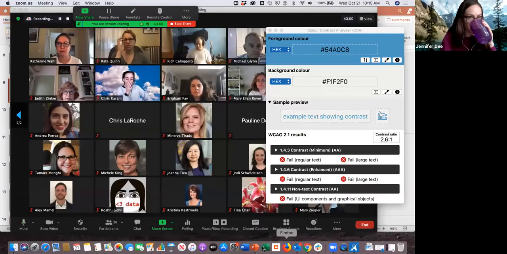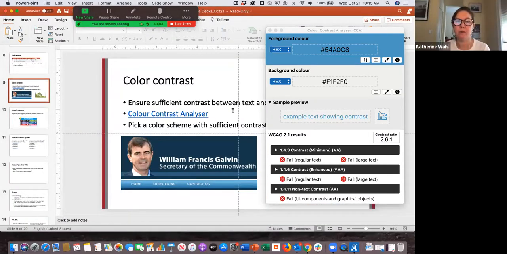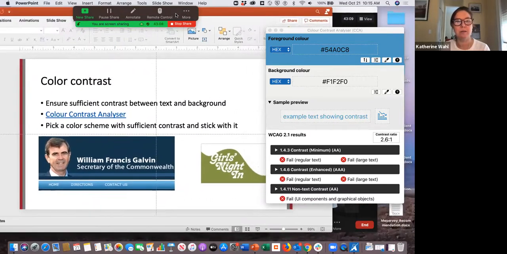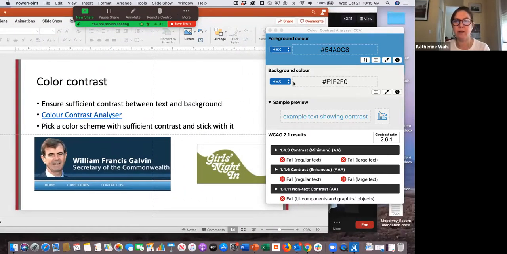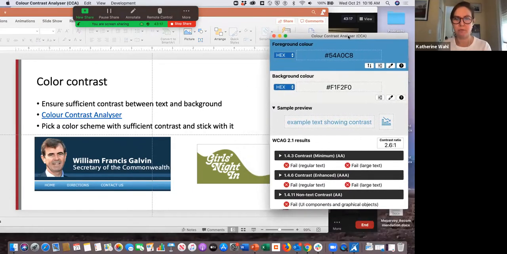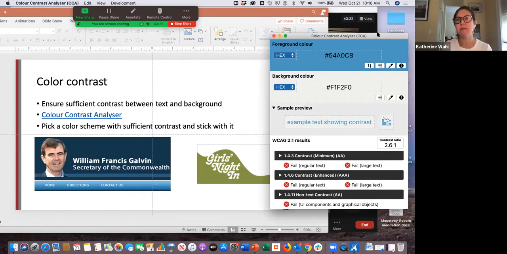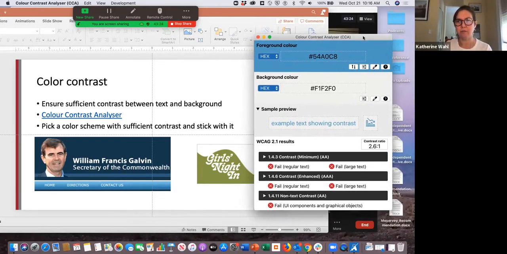Okay, I'm just going to share my desktop, and you should be able to see the PowerPoint, and so there's this slide with the voting site and Girls Night In and the color contrast analyzer. Can you just give me a verbal, is that on my screen? Is that what I'm sharing? Yes. Excellent.